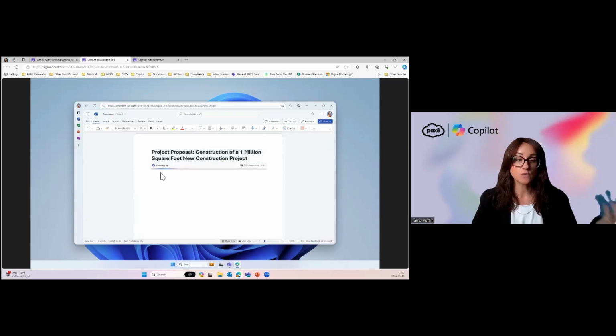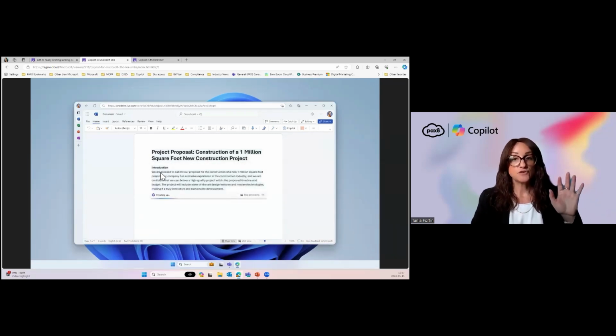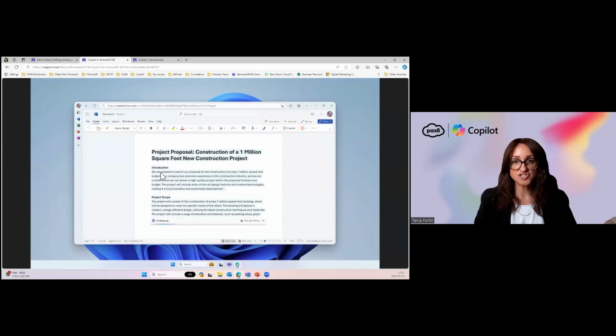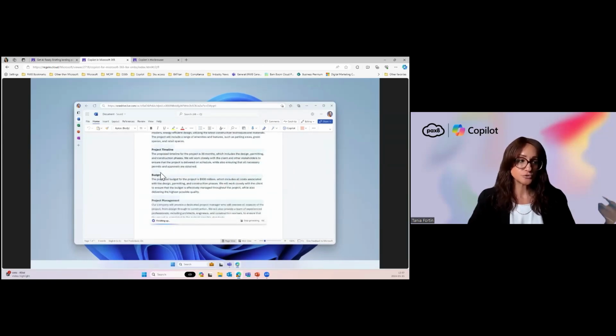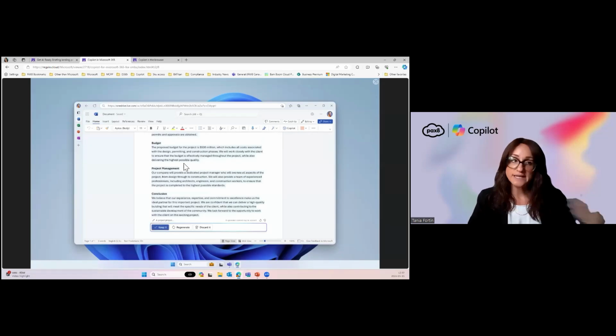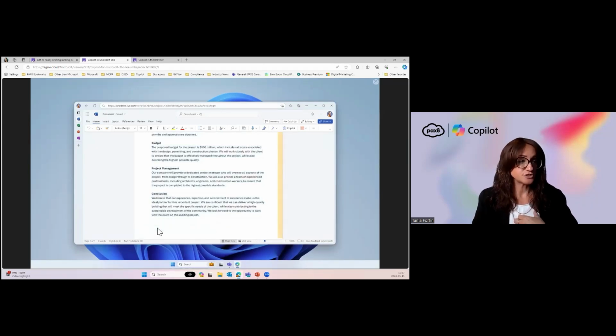So as this is working, and by the way, if you're doing this in real time, this is how much time it really does take the AI tool to create your draft. So reading through it, I feel it makes sense. I will actually keep it, or I could regenerate it. So I keep that draft,